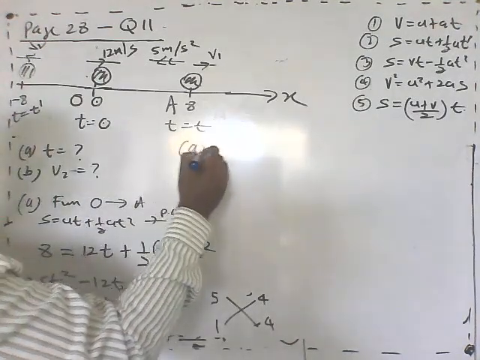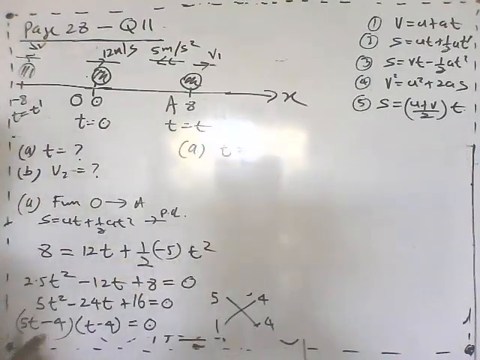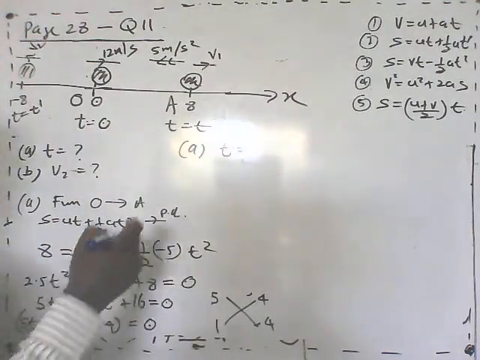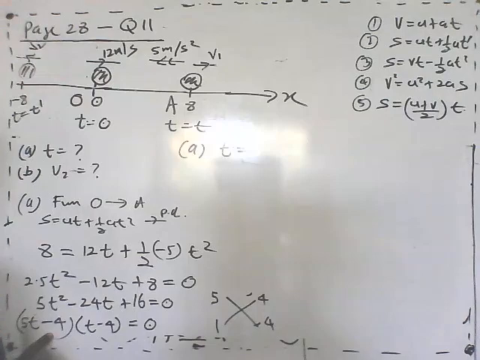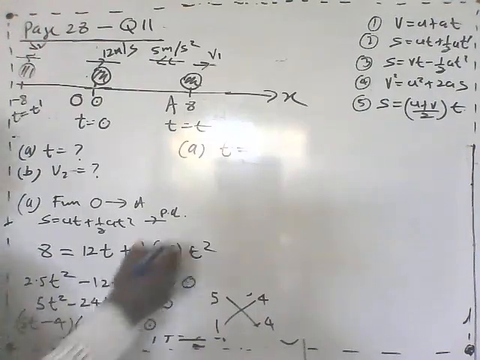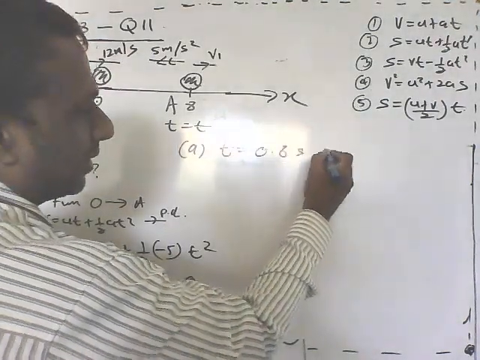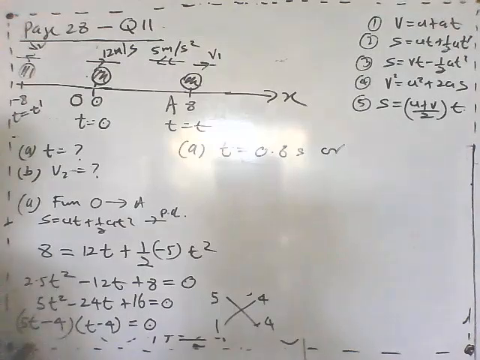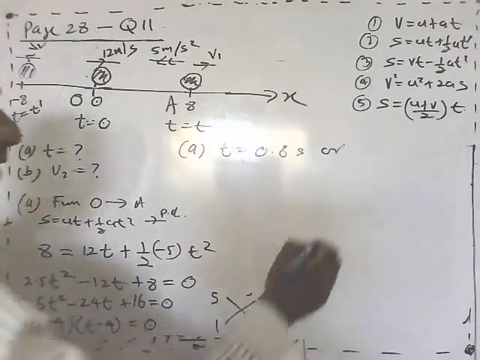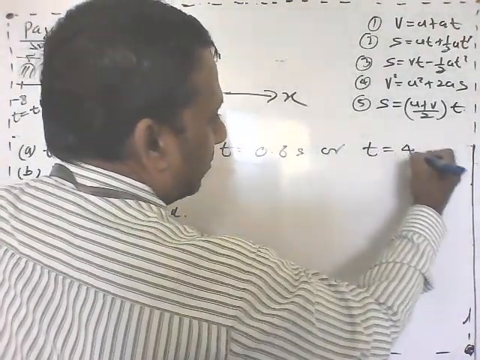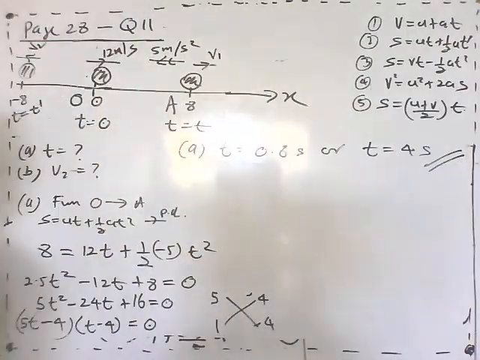Part A: t is equal to 0.8, right? 0.8 seconds, or 4/5, 0.8 seconds, or t equals 4 seconds. So at those two points they are actually passing. Now part B,